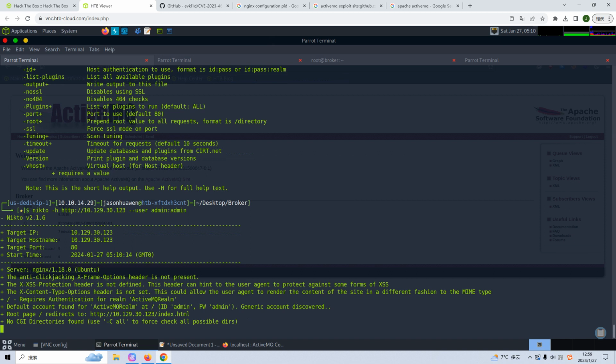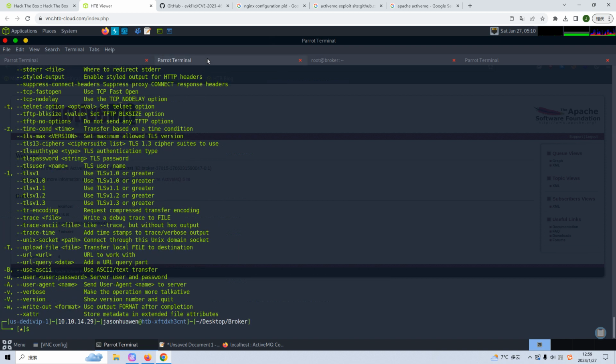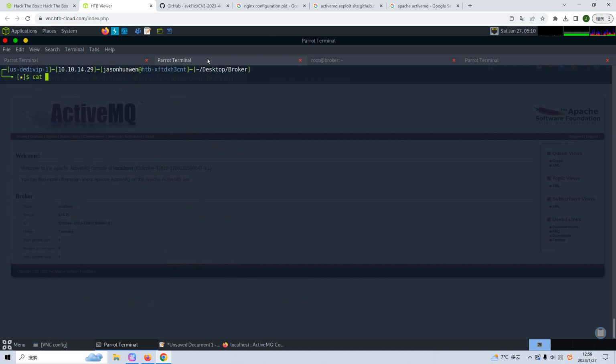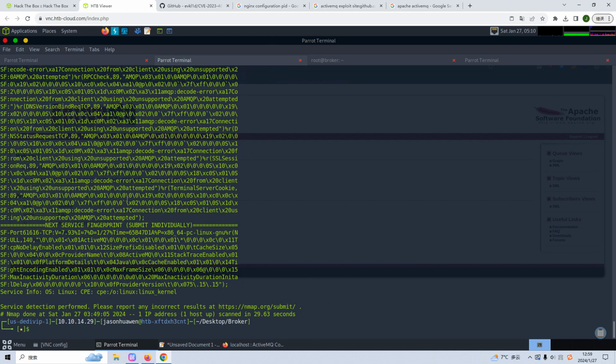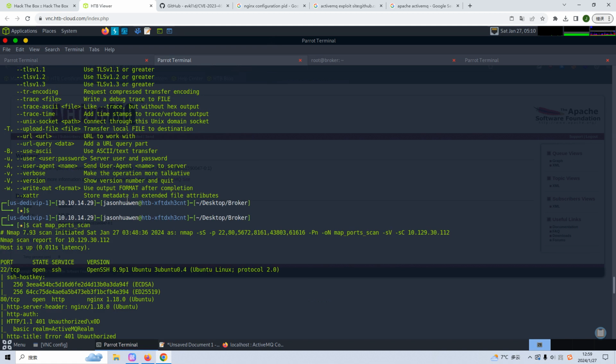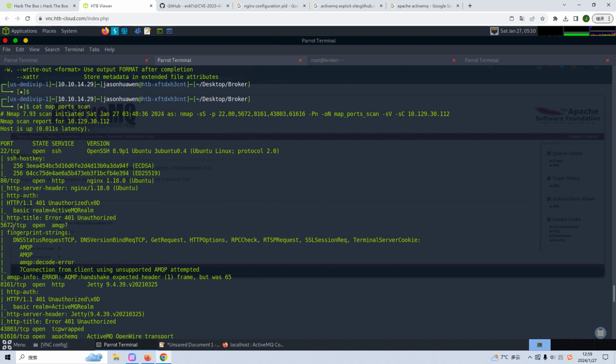Also, we can do the directory enumeration with GoBuster. At the same time, maybe we can enumerate the other services manually. For example, we can cat out the nmap ports again. I think the next open port number is this one. Maybe we could access this port number. We can copy it